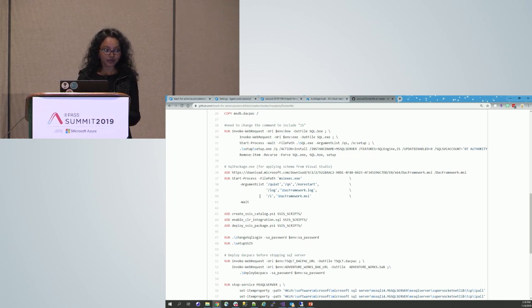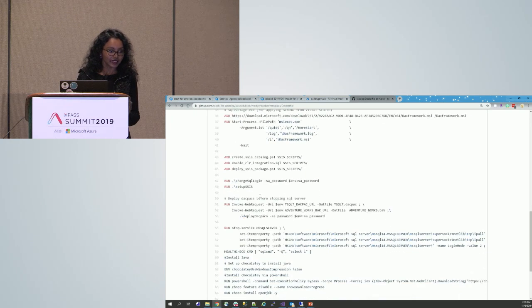When compared to the on-prem solution, we used Jenkins to deploy the DACPACs, but we saw that it takes a few minutes, and our development team came back to us at that time saying, hey, it's taking a few minutes. I have to stare at the computer while it's deploying. So we made it faster by including SqlPackage within the file, and now it's taking a few seconds. And here, this is the script to create the SSIS catalog. I'll walk through that as well. And line 45 is adding the deploy script for the SSIS package.